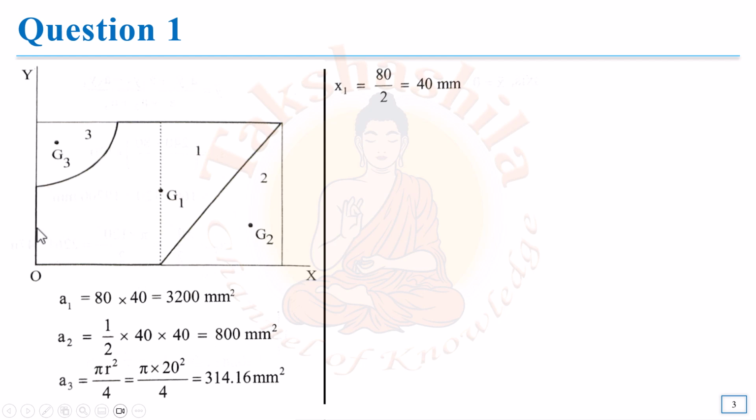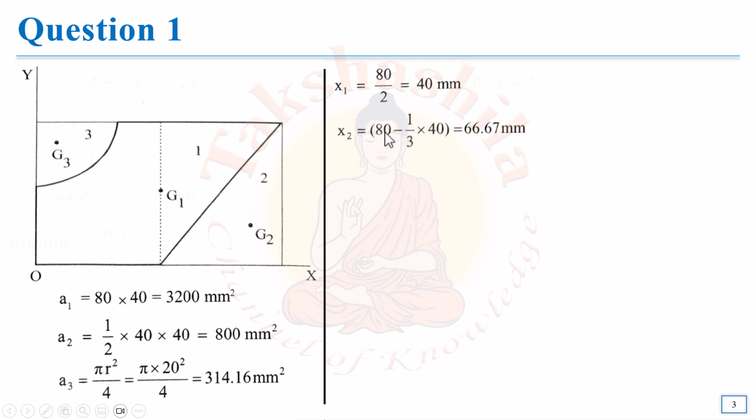And I also know that from this point to this dotted line, the horizontal distance is 40 units. It was given in the problem. So this 40 units plus 2 by 3 times this base will help me to reach G2. I am repeating, 40 plus 2 by 3 times the base of the triangle. How did I get this 2 by 3? Because I know that the distance from this edge to this point is 1 by 3 times base. If that is 1 by 3 times base, the remaining will be 2 by 3 times the base.